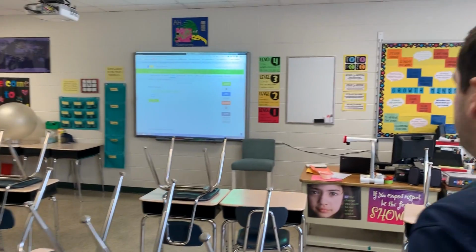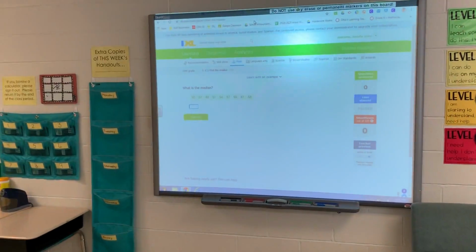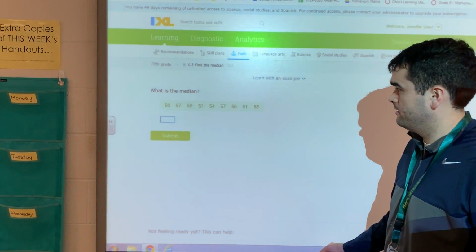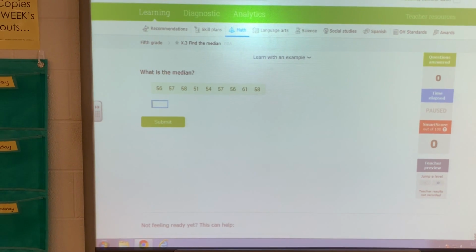Should we go try some on the smart board? Maybe 1 or 2 just to see the big idea. So if we look at the ones that we see on the smart board, and I can write on this, right? Okay. The ones that we see on the smart board, again, your first job is to make sure